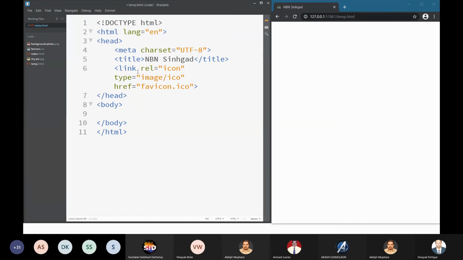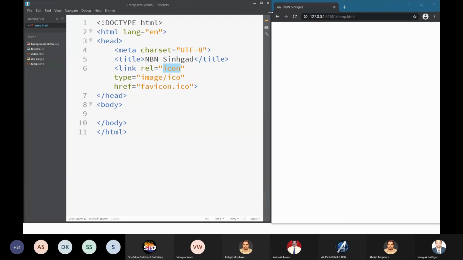This link tag has several properties. Now this is again another concept that we have to learn. Every tag has several properties. You may use or you may not use those properties, but in case of link, these properties must be used. This is additional information that you tell to the browser. So here, rel means relation property. The relation is icon. It is telling the browser that this link is giving you the icon which will get displayed over here.